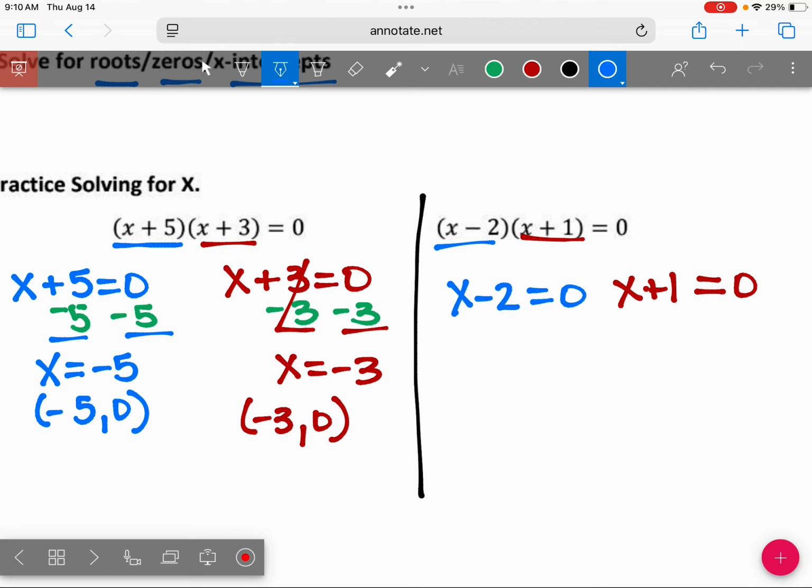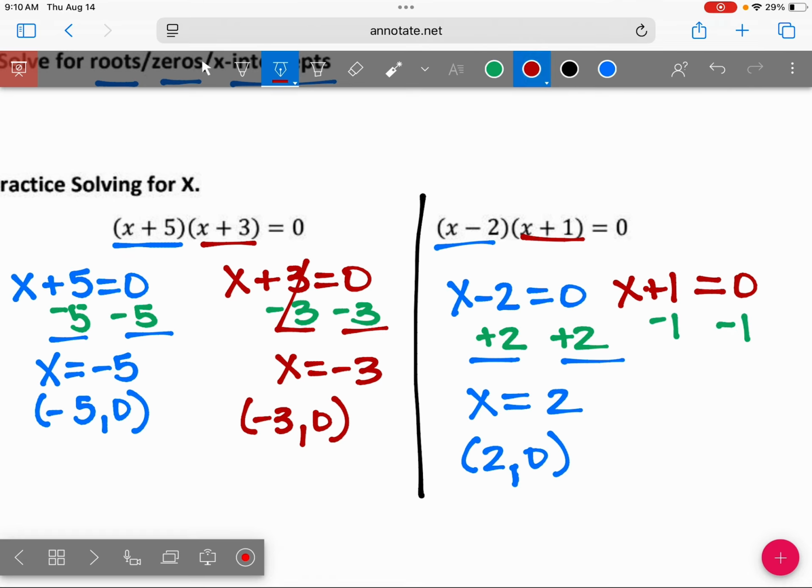All right, so for your first one, you're going to add the 2. So you should get x equals 2. And for the second one, I am subtracting 1. So I have x equals negative 1. Any questions about those two? Who had that? Good job. All right, now let's look at our next